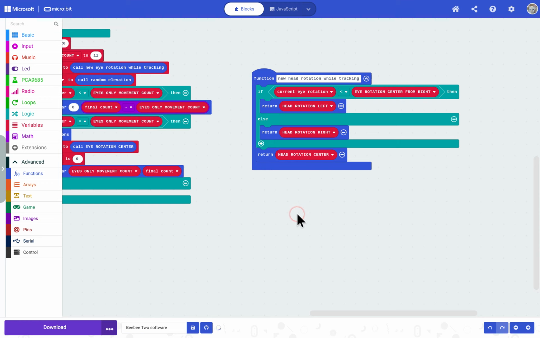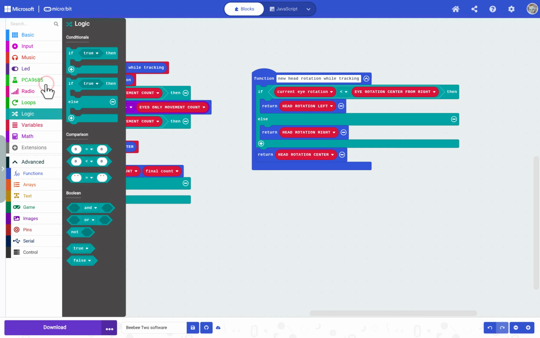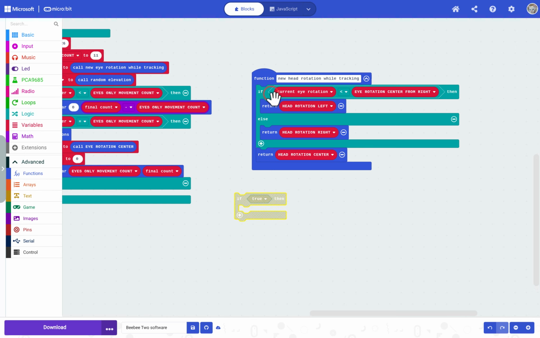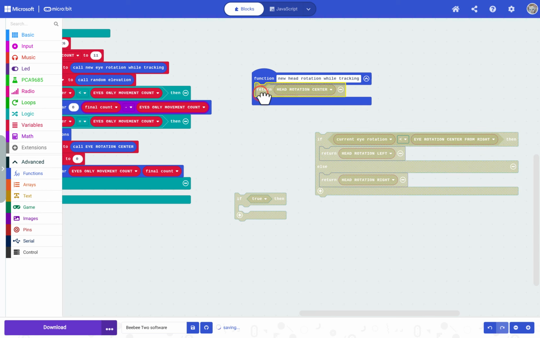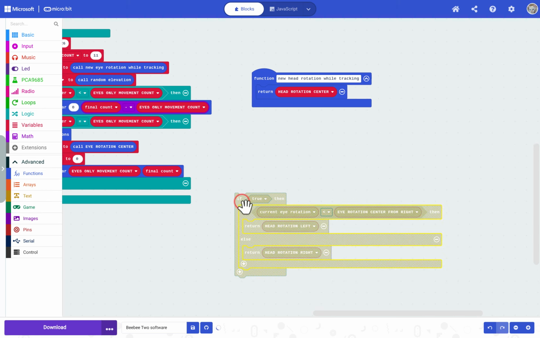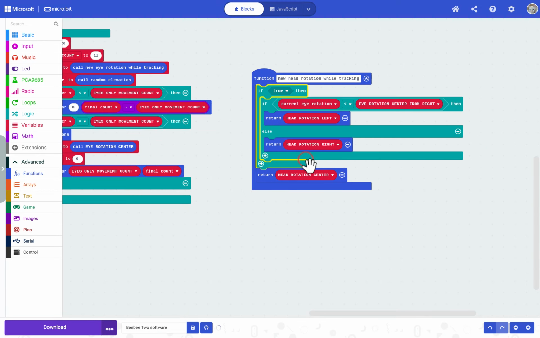Okay, so what are we doing with this? So if our head was in the center, right? If our head was in the center, and wait, oh wait, I got rid of too much. Got rid of too much. Okay, so now